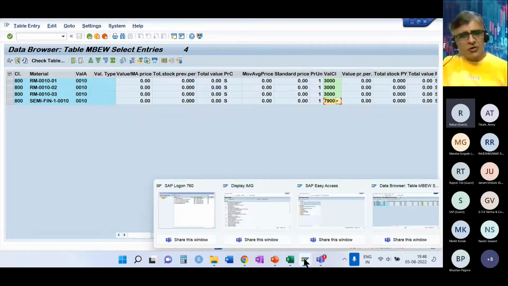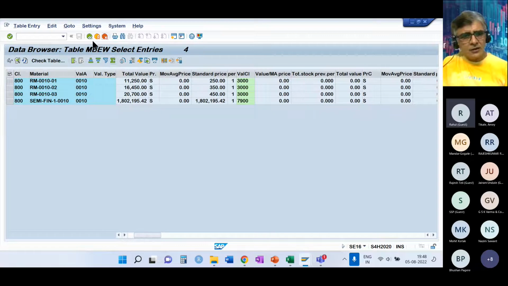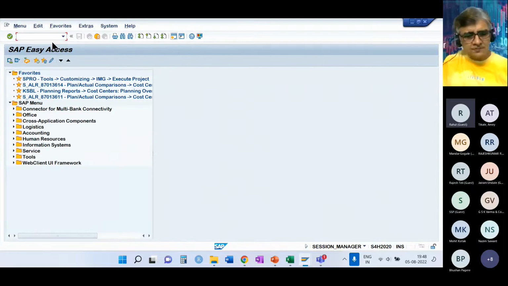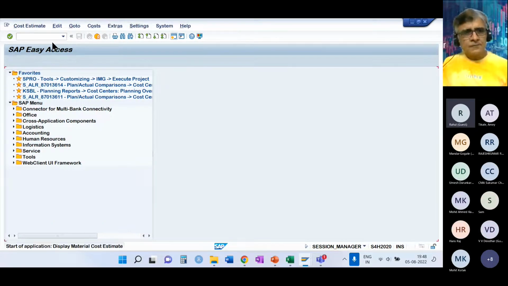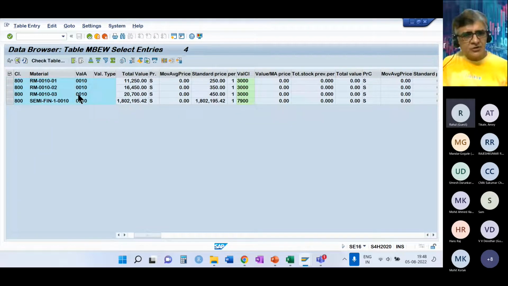So just a brief view of the plant and the product that I'm going to produce. Let me show you the standard cost. Okay, so this is my semi-finished good.